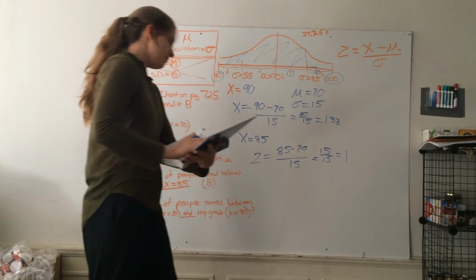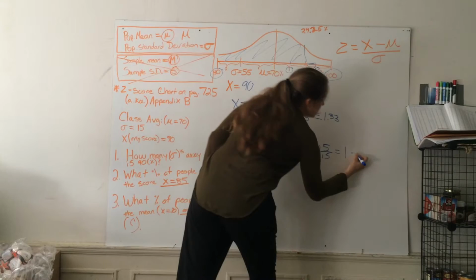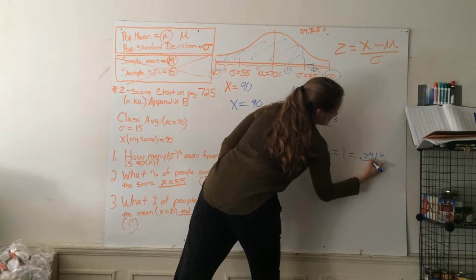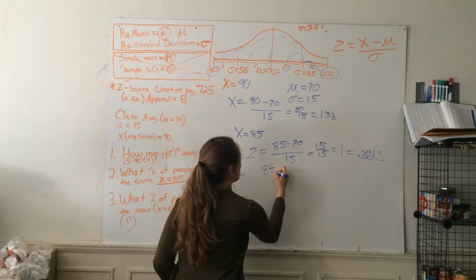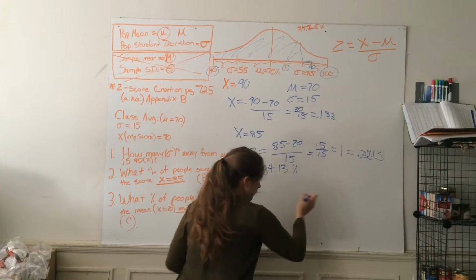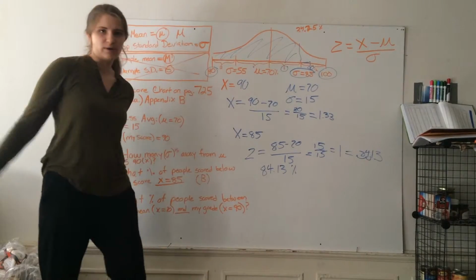That would be 0.8413, and move the decimal place over 2 points to make it a percentage. So 84.13% of the students scored below the score of 85, which makes sense because that's the majority of the deviation